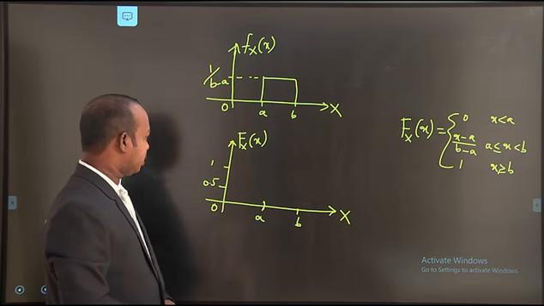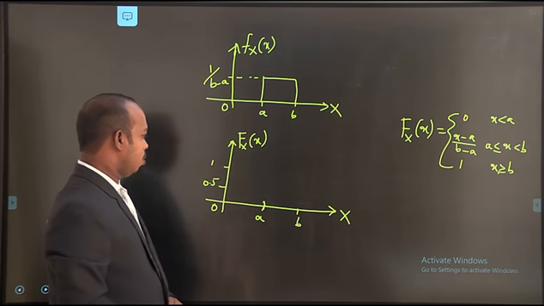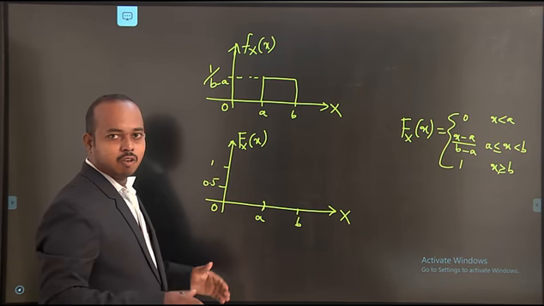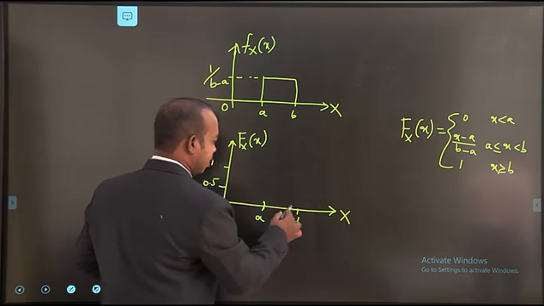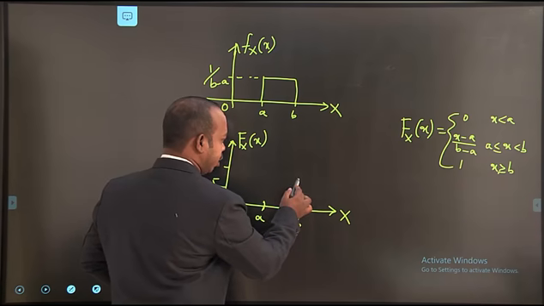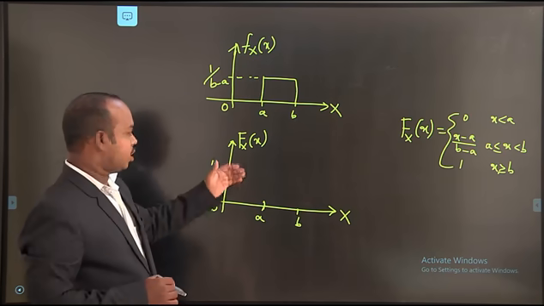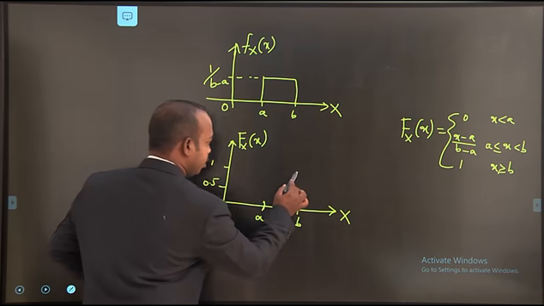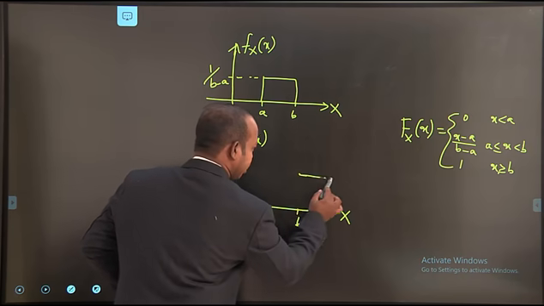Now we can represent the first value relating to b. The b value is equal to 1 and more than 1. First of all, we are representing at b. The b quantity is equal to 1. Here 1 is in the f x of x direction. The distribution quantity is 1, and for more than 1 we take a straight line.